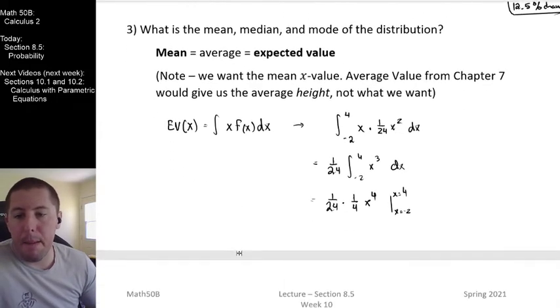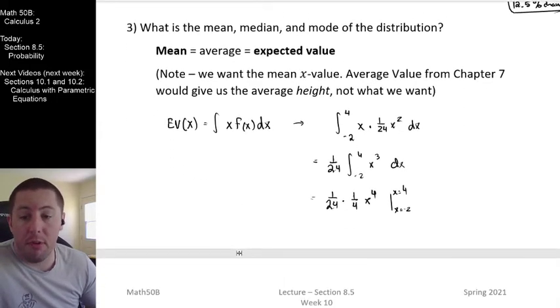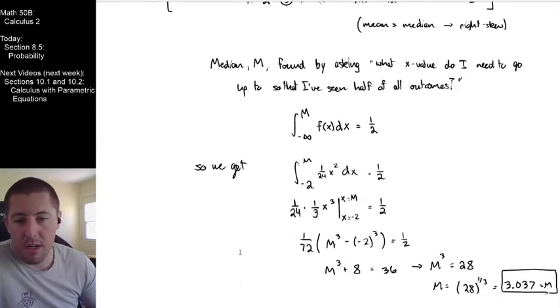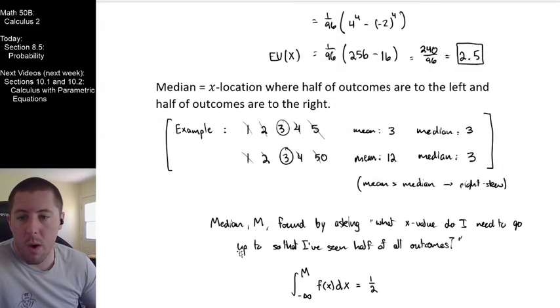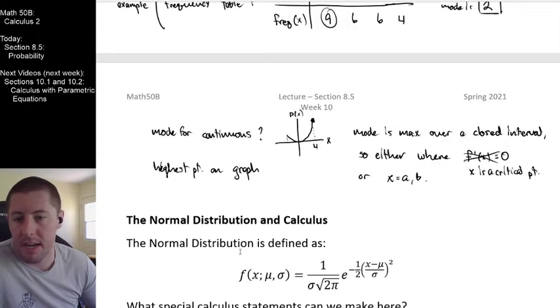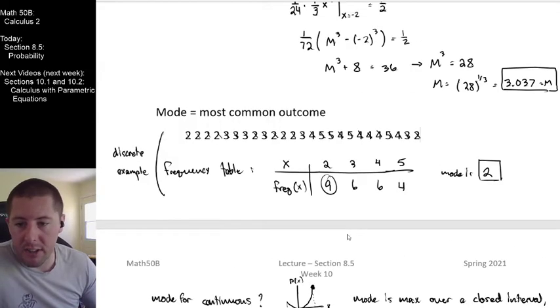And we just recognize that mean, median, and mode are all three calculus-defined quantities right here. We require integration or a derivative to answer all three of these. Mean and median require an integral. Mode requires a derivative: take a derivative and set it equal to 0, find your critical points. All of these are calculus-defined functions.